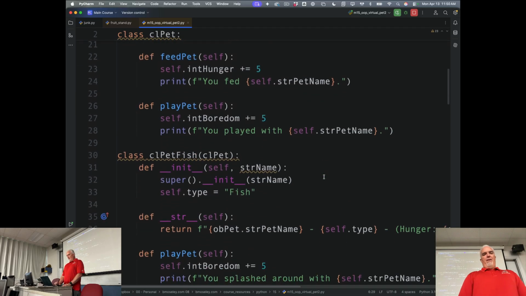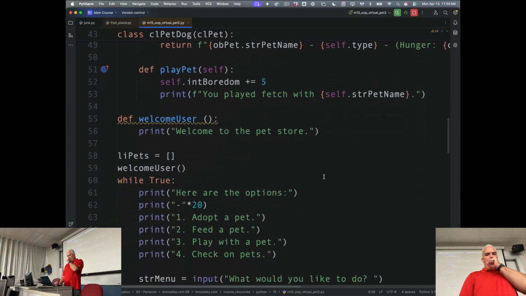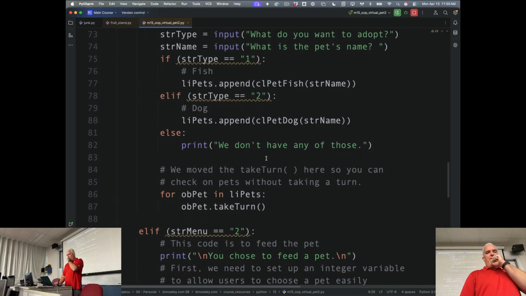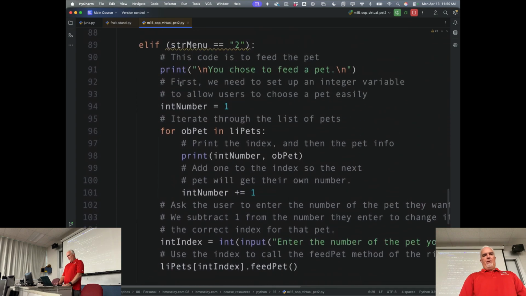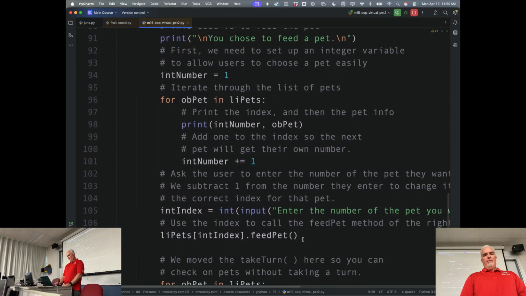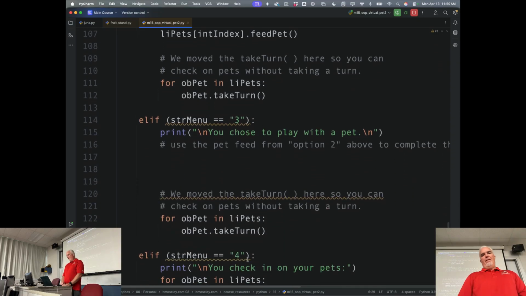But if you fill in the play pet, just that portion of the code, and you can use most of this code to fill in the play part, then the game will be complete. Okay, so that is the code,